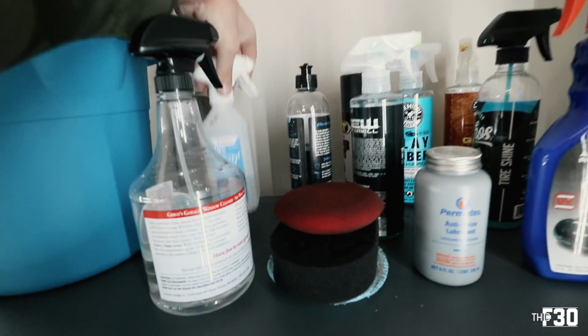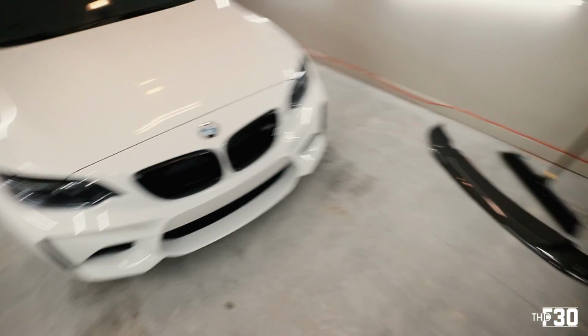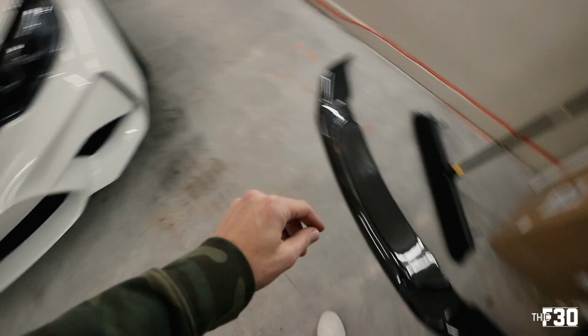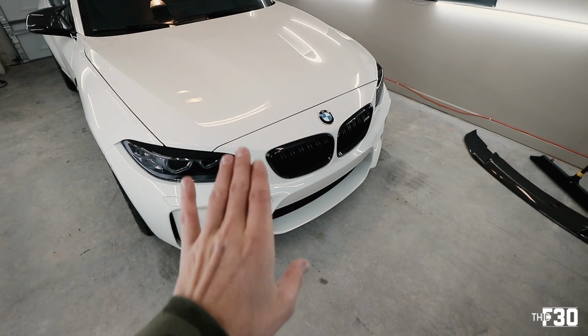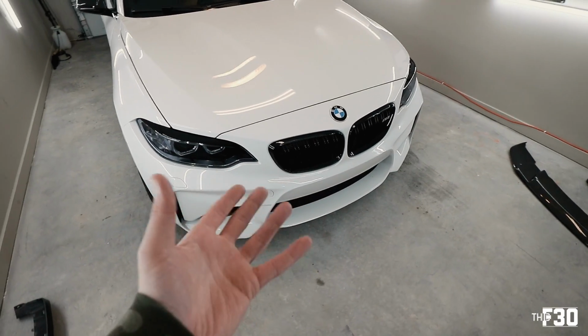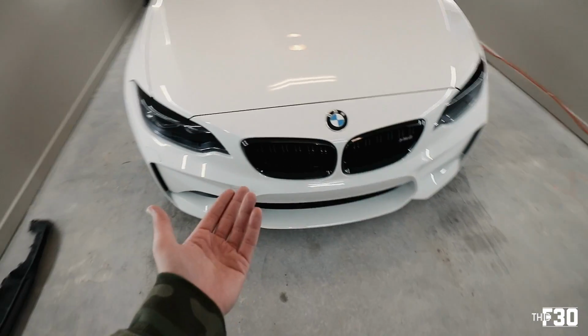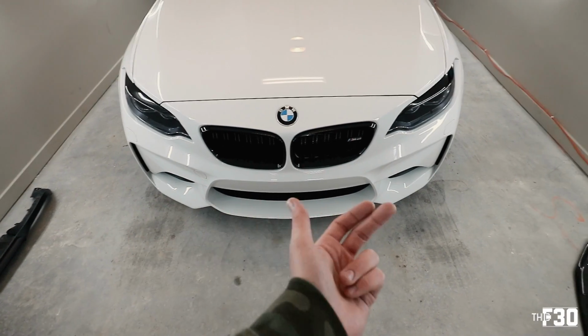All right, so first thing first, I'm gonna take some isopropyl and clean up the entire underside of the car so we can make sure any 3M that we do put on here adheres nice and well. And then we will go ahead and mock it up and make sure that everything lines up well. I've already actually done that, so I know it fits well, but we're gonna go ahead and mock it up and kind of figure out where we're gonna be drilling